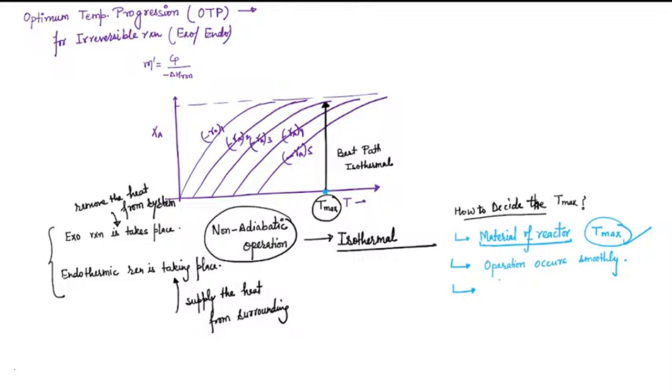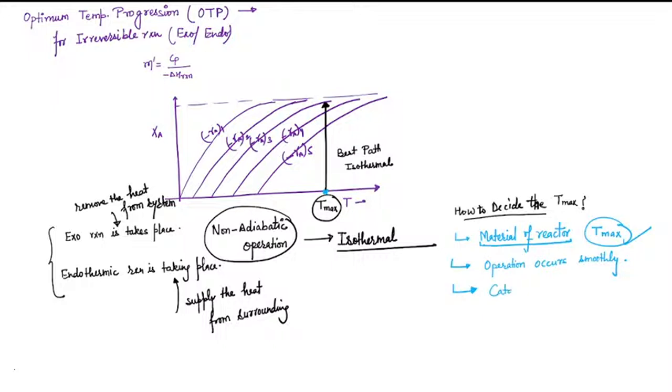Means ease of operation. Or sir, as per the material of the reactor, accordingly I will decide what my maximum temperature will be. Other than that, sir, if a catalyst is involved,